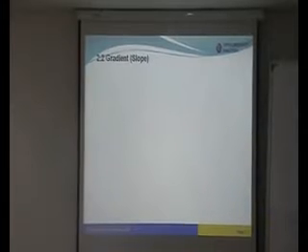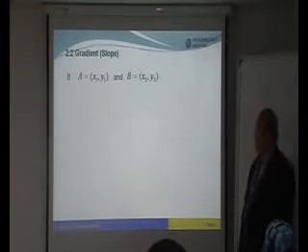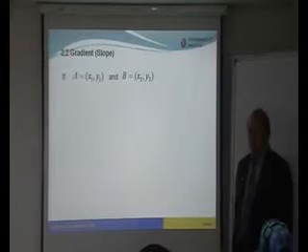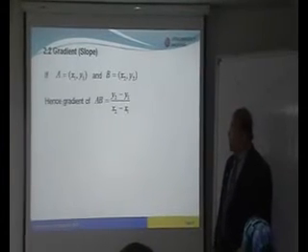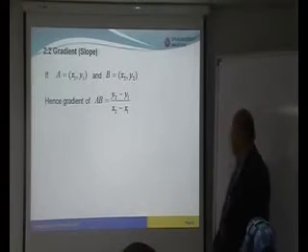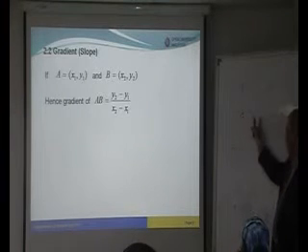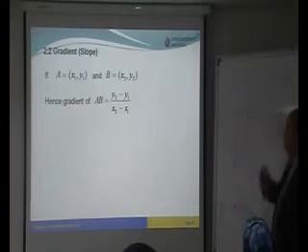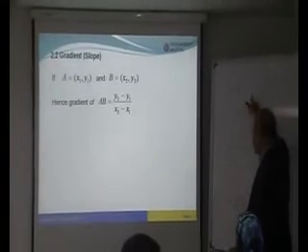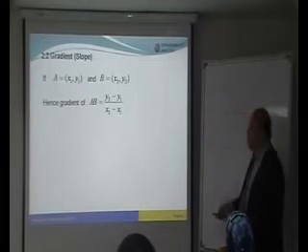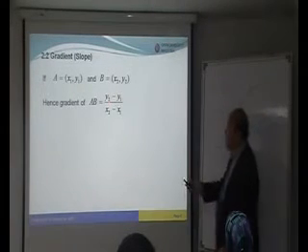So in the next example, sometimes in the exam they can ask you to find the gradient using another formula. Alright? So let's say now you are given two coordinates. You are asked to find the gradient of AB. Just now I told you we use this method, the height divided by the base. But if you are given coordinates, of course we can put the coordinates here. We can find the height and the base. But another way of doing this is by using this formula called y2 minus y1.